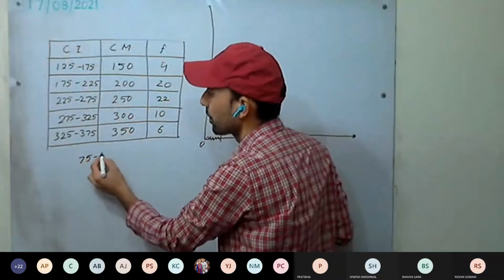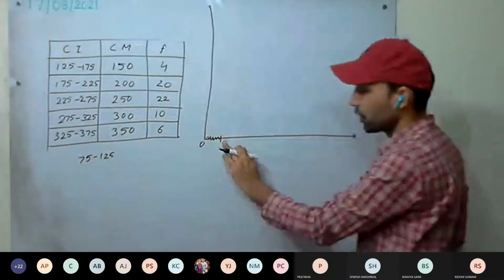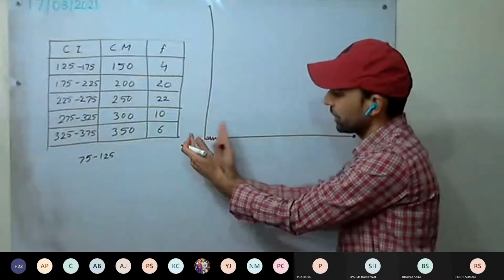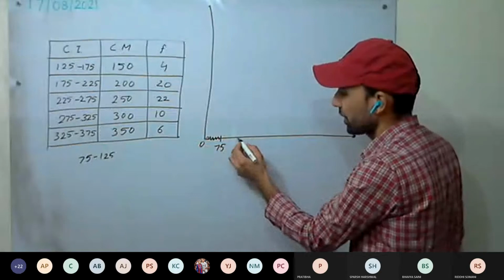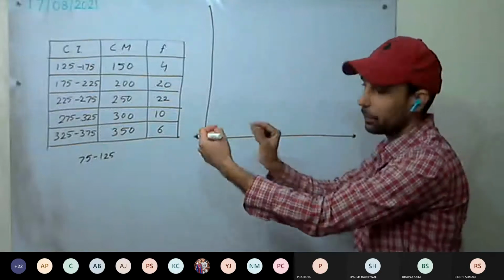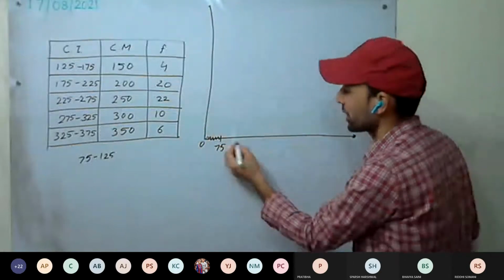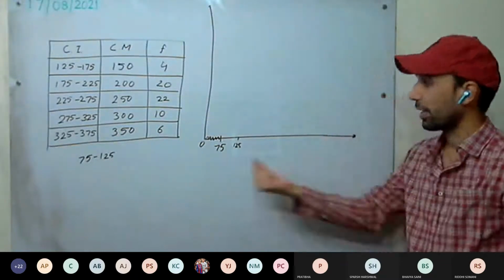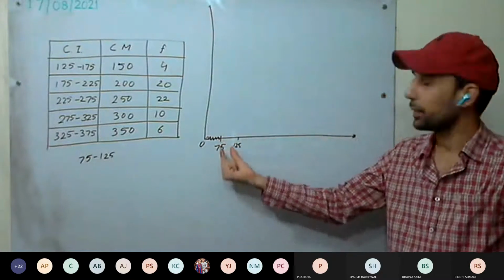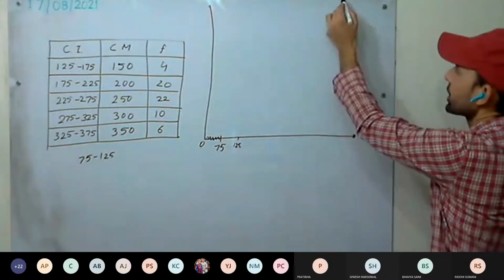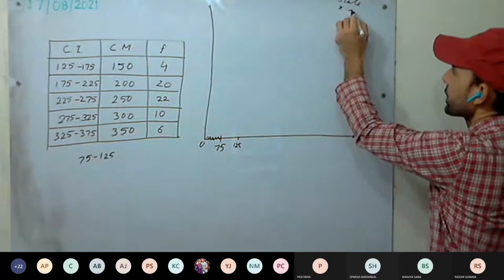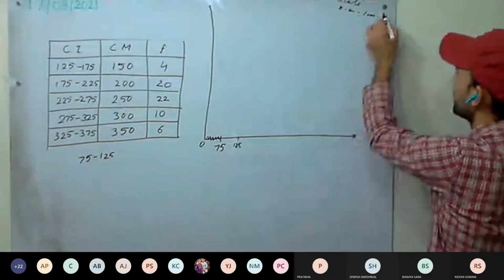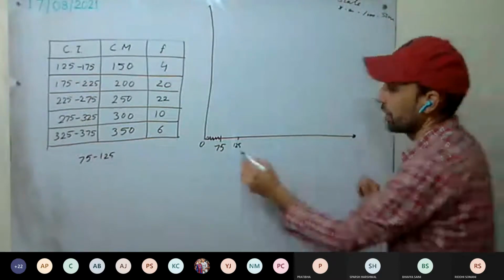So it will be 75 to 125. So we are going to start from 75. And before that, we already shifted. We have compressed it, just like a spring wire. We compressed it, and it becomes zigzag. Now next will be 125. It means on the x-axis, we have taken 1 centimeter as how many units? Scale x-axis, 1 centimeter equal to how many units? 50 units. Okay.